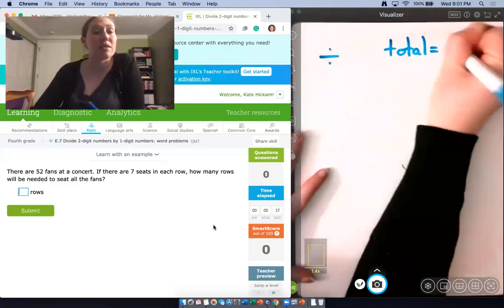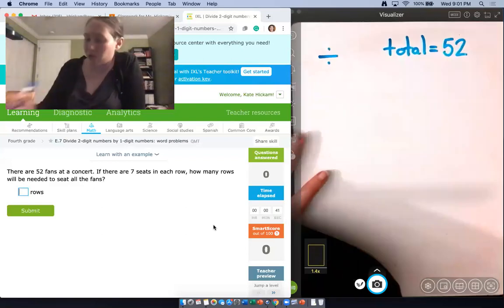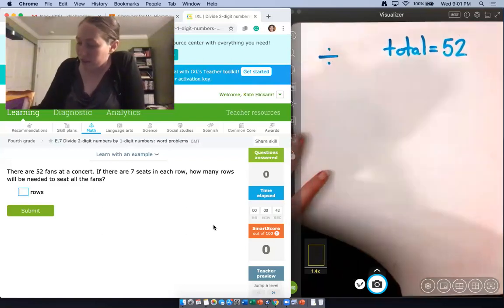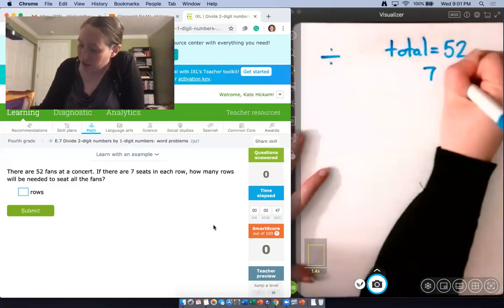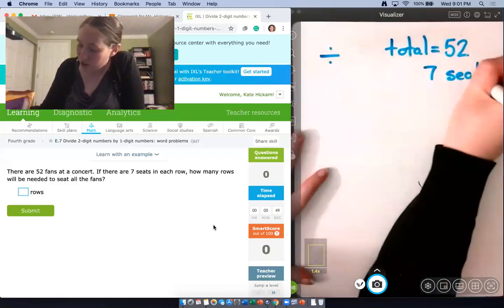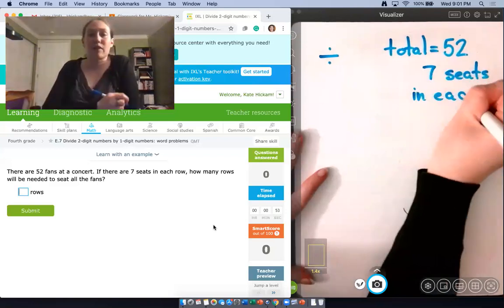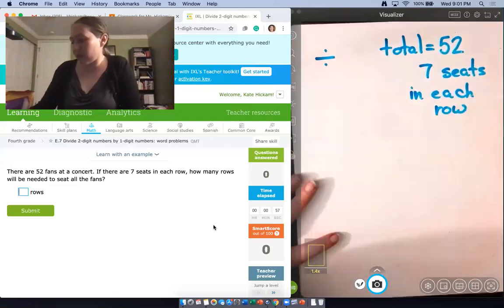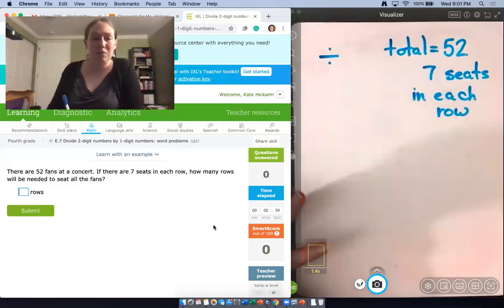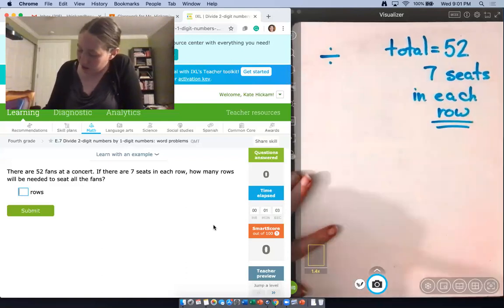The total equals 52 fans. And there are 7 seats in each row. I'm just pulling out that key information to help me out. How many rows am I looking for? So I want to know how many rows. That's what my goal is. So I have 7 goes into